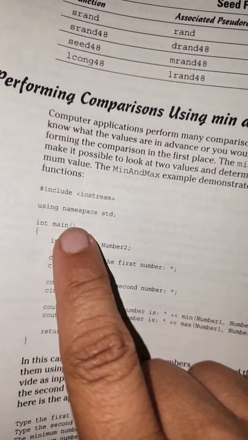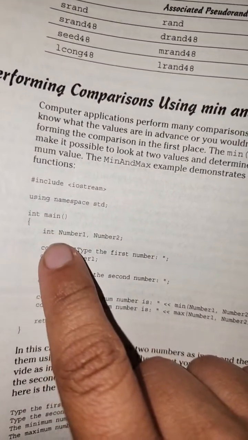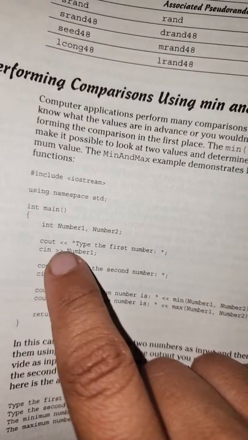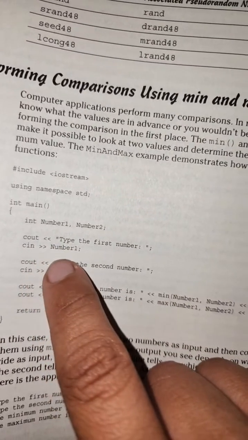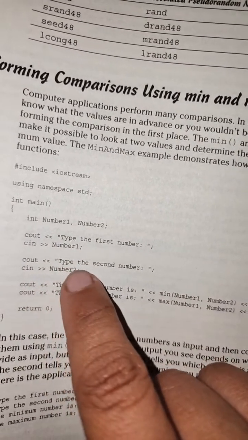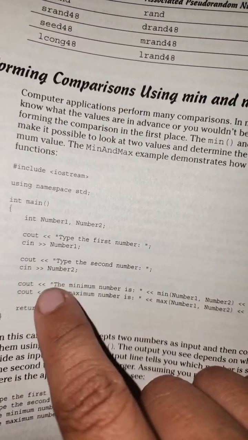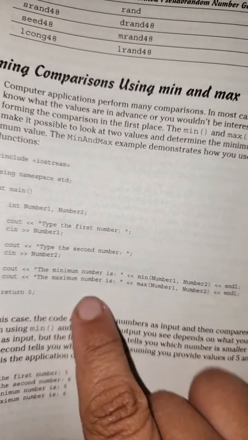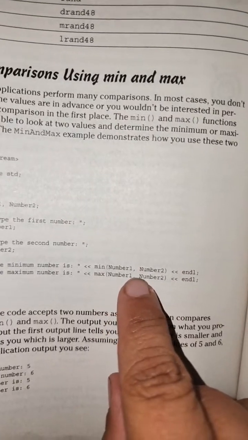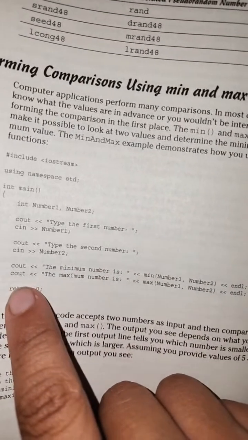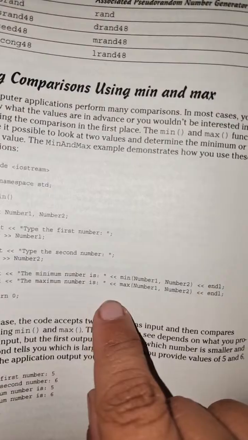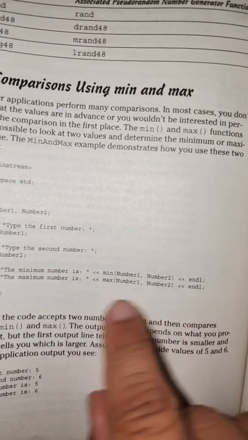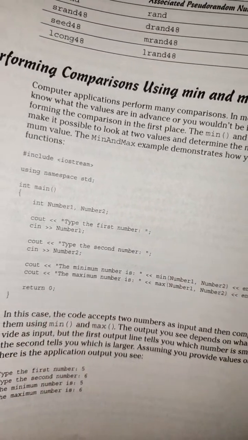#include <iostream> using namespace std; int main() { int number1, number2; cout << "Type the first number"; cin >> number1; cout << "Type the second number"; cin >> number2; cout << "The minimum number is " << min(number1, number2) << endl; cout << "The maximum number is " << max(number1, number2) << endl; return 0; } In this case,